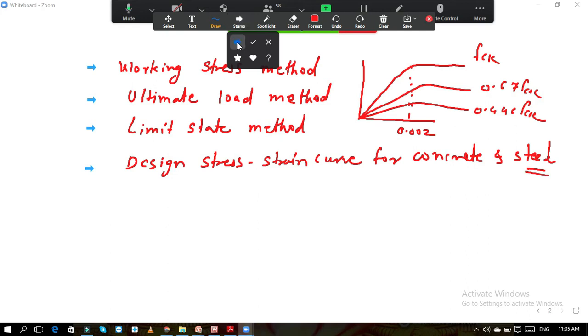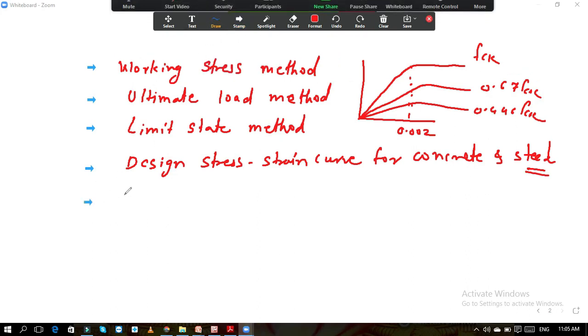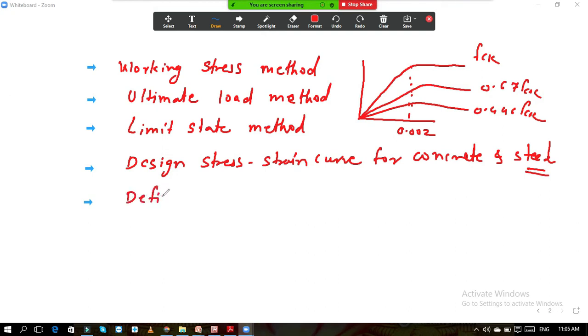The next point, we have studied some definitions: what is load factor, what is the characteristic load, and what is the characteristic strength. These are some basic definitions which we have studied. Then after that we studied the